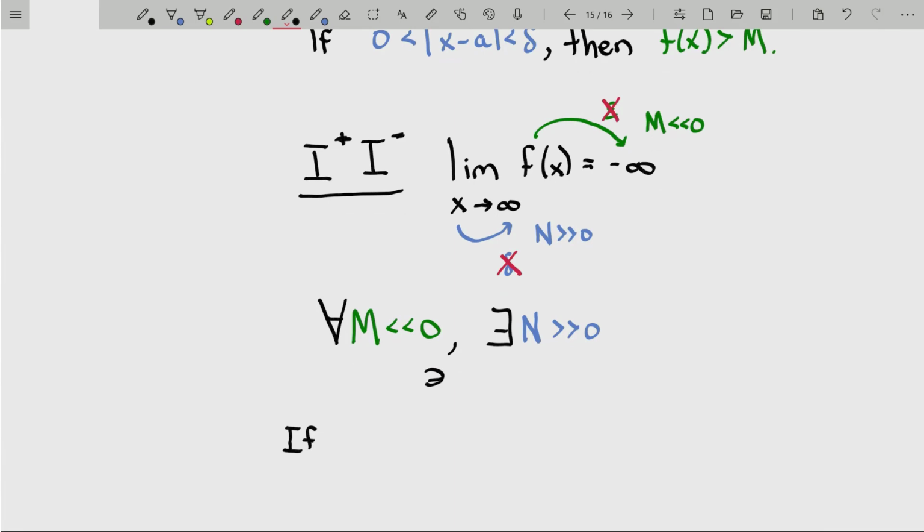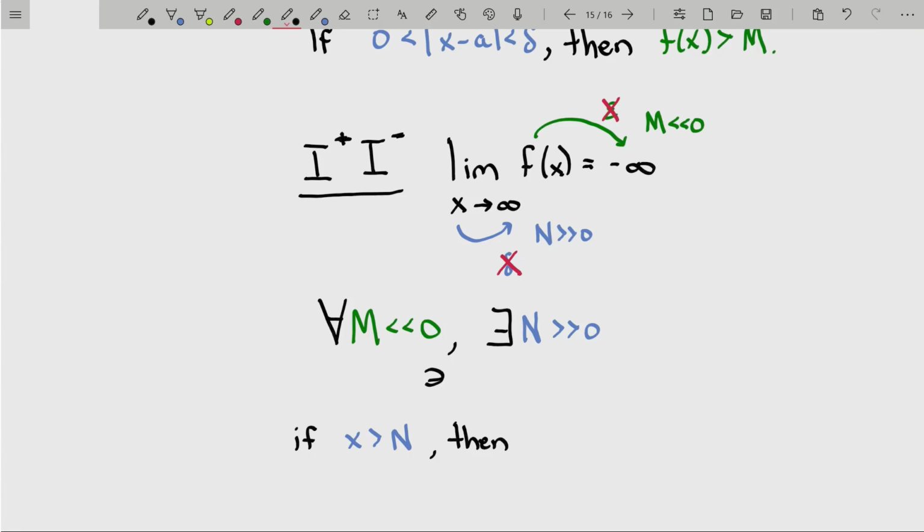Such that, if it's a continuation of a sentence, I don't need to capitalize the I. Now we need to say some inequality involving x and that blue n there. So x has to be greater than that blue n because x is going off to infinity. So I'm finding an appropriate entry point called n, such that from that point forward, all the x values I grab, their function values end up satisfying this limit. So as long as I grab an x value greater than that n,